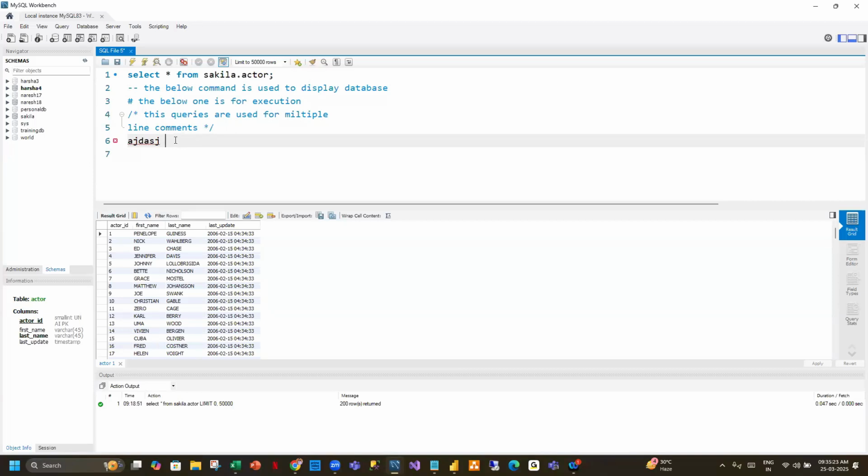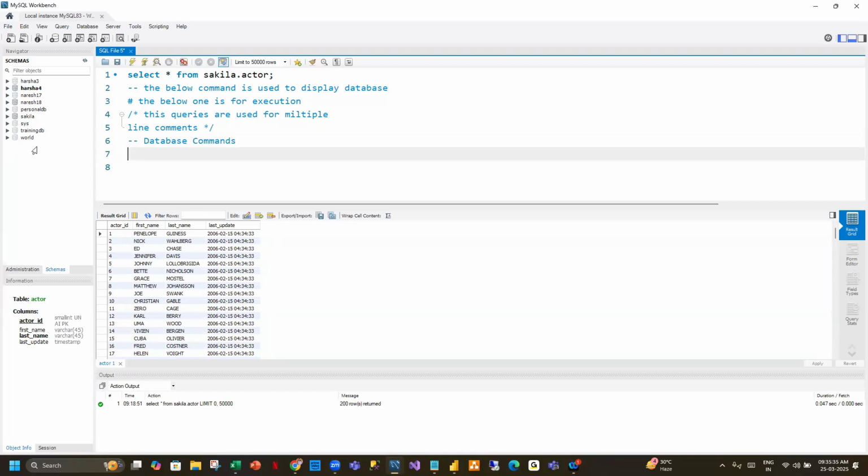Now, we will start with database commands first. I'll put a heading as database commands. Now, you see on the left, you will have in your systems only two, right? You have Sakila and Sys. Correct. So Sakila and Sys are system provided, but if you want to create your own database,